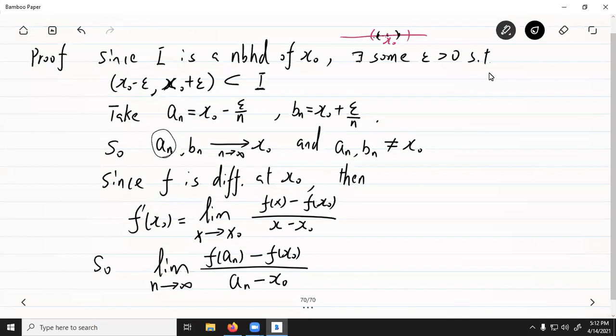No matter what x is, we just need x to approach x0, so we replace x with An. When n approaches infinity, An approaches x0, so this difference quotient's limit must be equal to f prime of x0. On the other hand, if we replace x with Bn, because Bn will also approach x0,